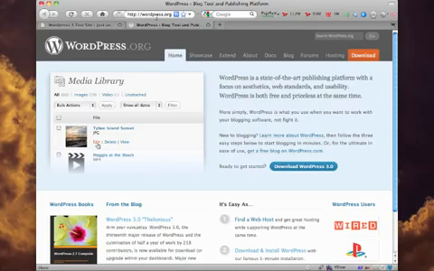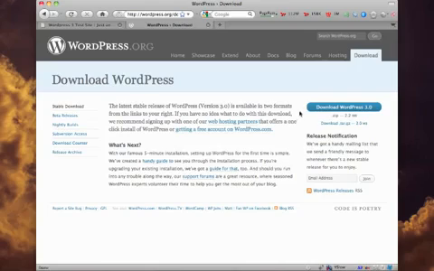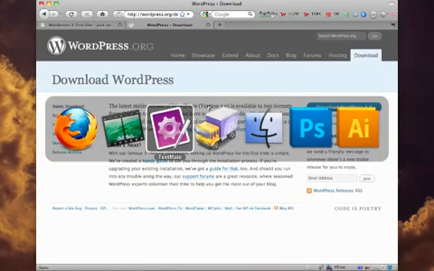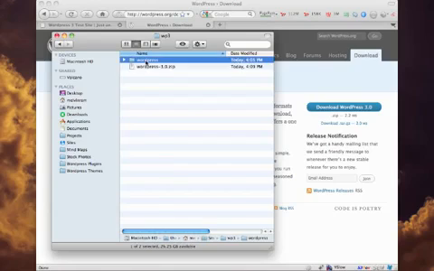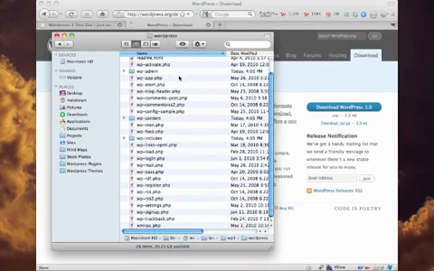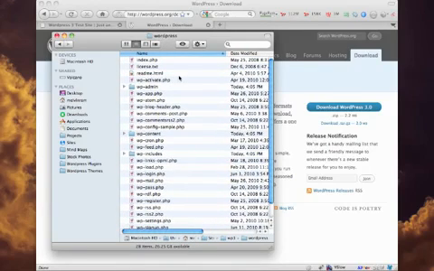So the first step is to download WordPress 3.0. You just go to wordpress.org, click on this download button, and then click on download right here. That will download the latest version. And as you can see, I've already downloaded the file and I've already unzipped it, and it creates a folder called WordPress. Inside it, you'll find all the files relating to WordPress that you'll need to upload onto